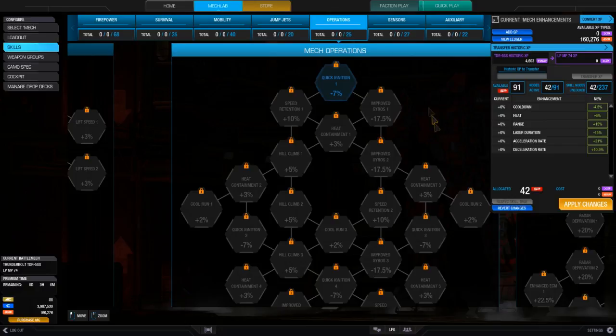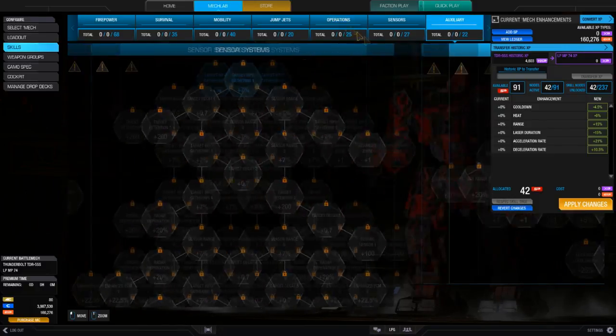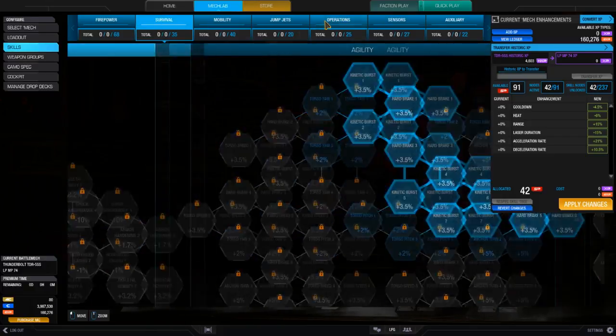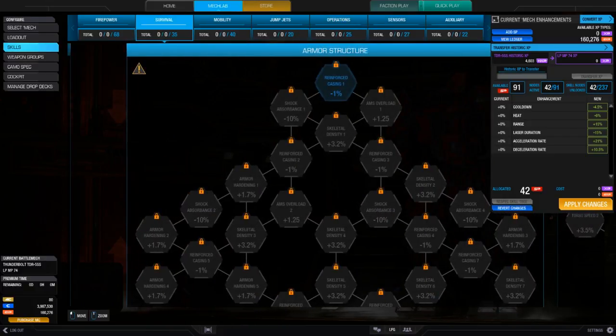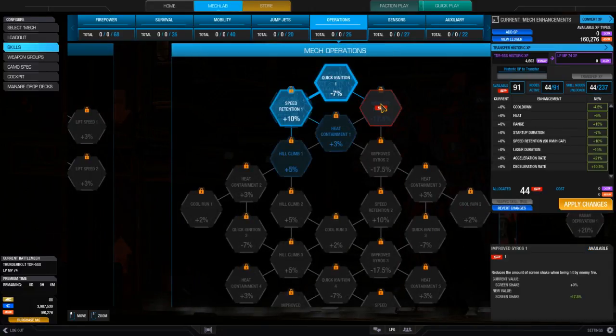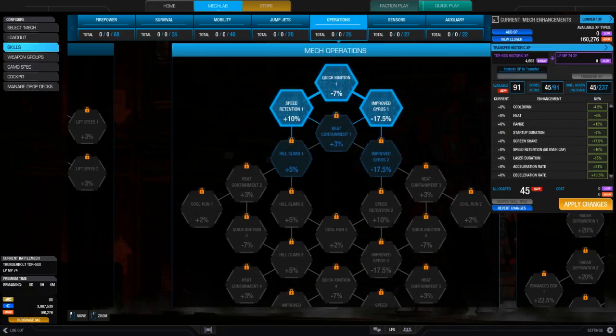One other thing I wanted to do is quick ignition, because my Thunderbolts tend to overheat quite a bit. So I'll probably put a budget version of survivability in first. Or let's not. Let's do operations first. Grab that. So definitely quick ignition, speed retention, gyros. So if we go...